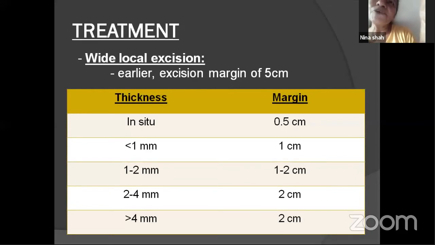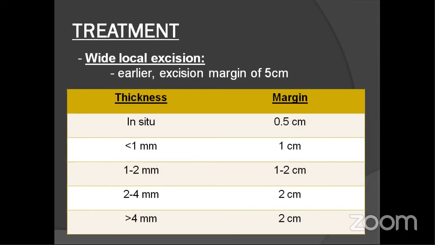So from the center you will take the punch biopsy, or from the edge? That depends upon which kind of lesion we are getting. If it is a very small lesion, we go for excision biopsy and do all this pathological study. And if it is a very thick, big melanoma, in areas like sole or palm or near the eyelid, then we have to take a small punch biopsy and know the status. After that we decide about the final surgery, whether we require a sentinel node or lymph node dissection or not.